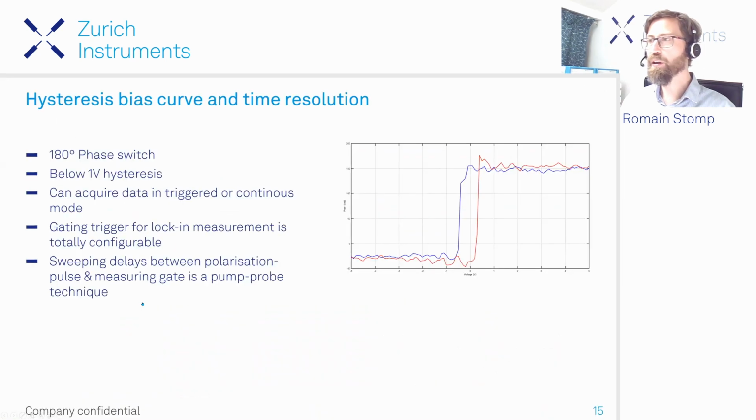Okay, so to summarize that part, and of course, to also show the hysteresis curve plotted in a nicer way here, we see the 180-degree phase reversal. We see a small hysteresis around this with 1 volt for this sample, which is also the reason why applying 1 volt AC was not a good idea for this sample. And then we also show how to acquire data both continuously and in a triggered fashion. And because with this gating trigger, now we can synchronize all the lock-in measurements,